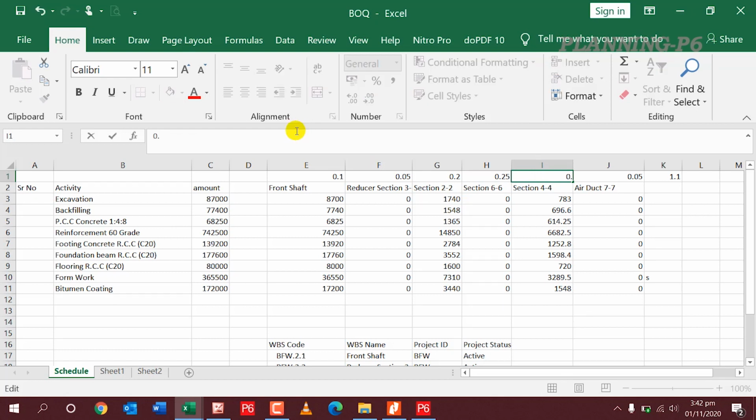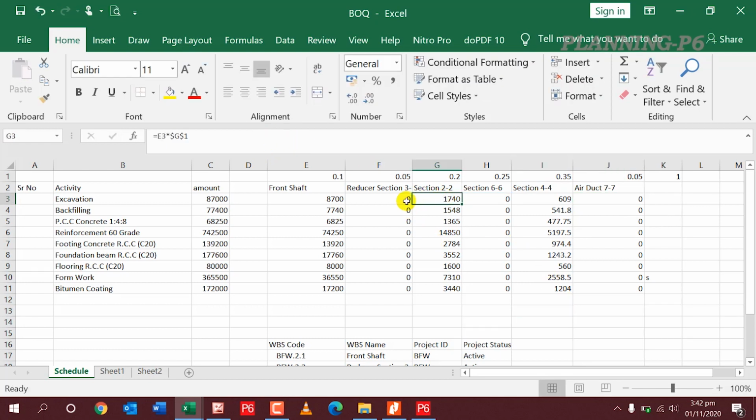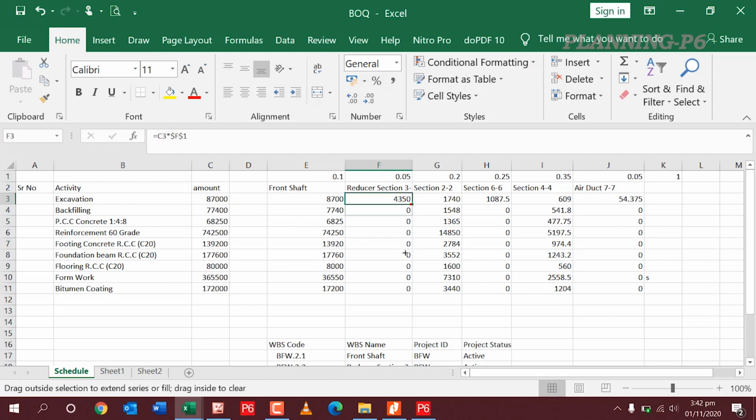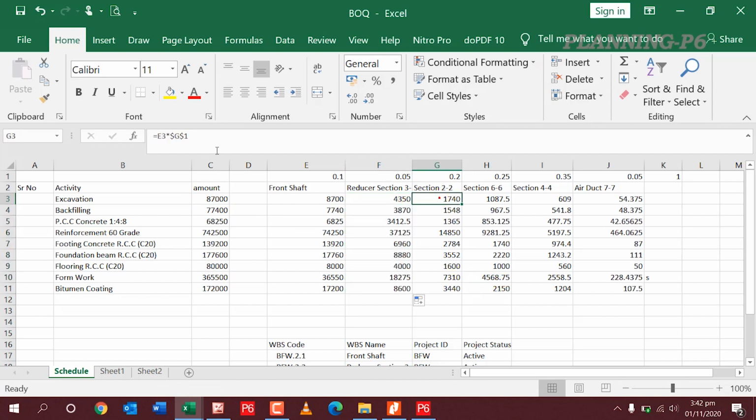So here is 1, you can see here it's 1. Here I will just correct the amount. The total amount should be the same.